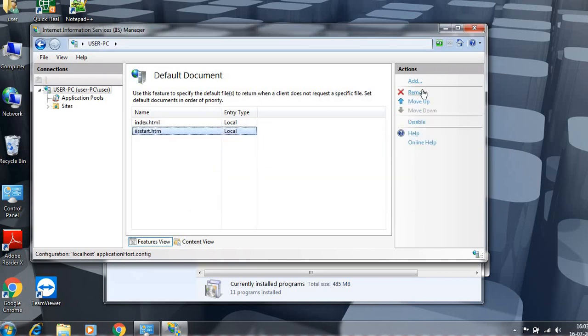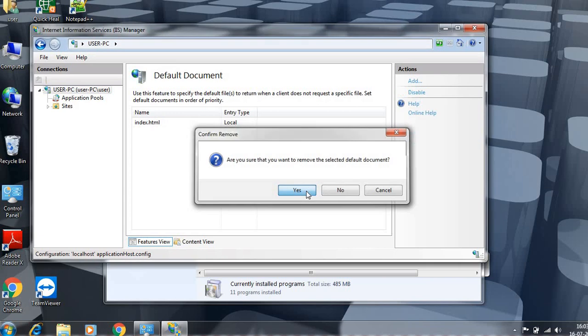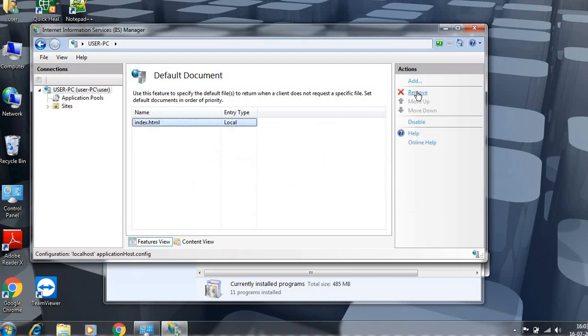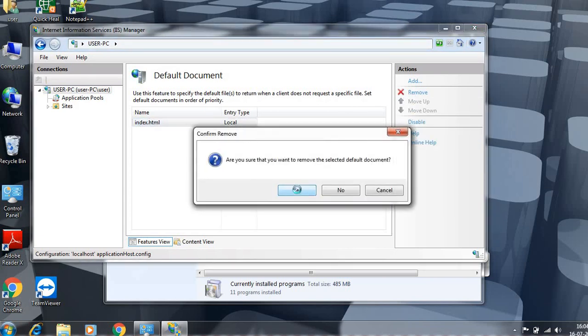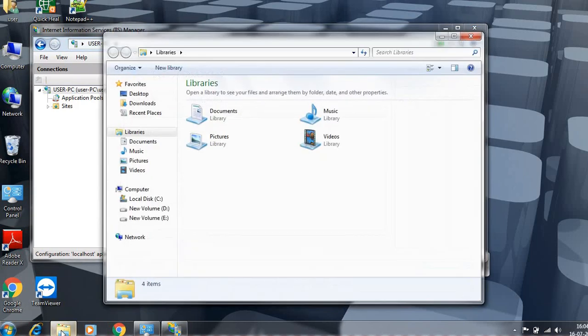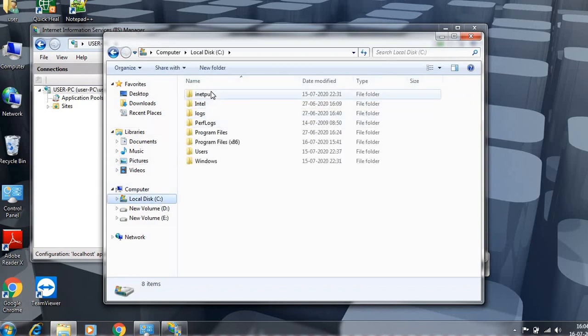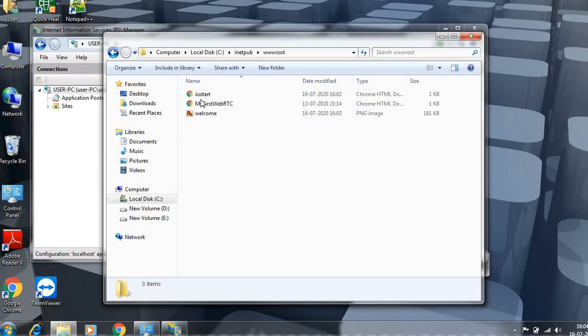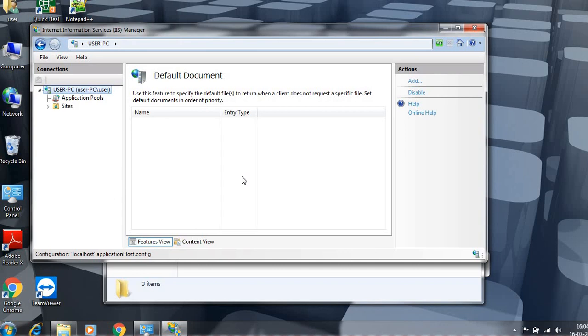And you'll see that I copy one code which I'm going to finally need, which I would want to see on my local machine. Now I'm going to go to the place where this is already loaded. It's in the local C drive. You have to go to that inetpub folder, and then wwwroot. Here you can see my first web RTC. That you have to copy, and you have to paste it here.